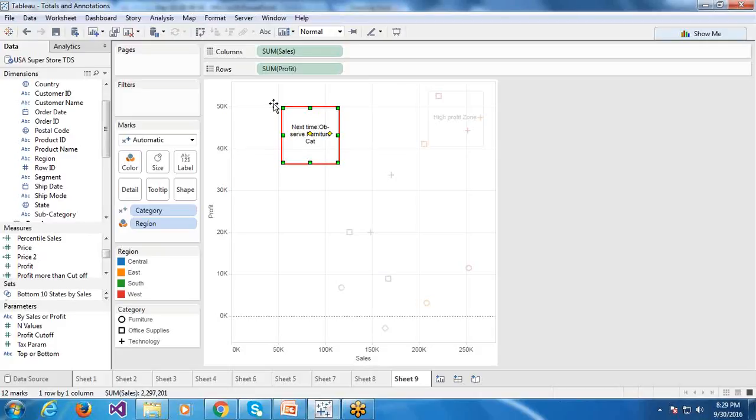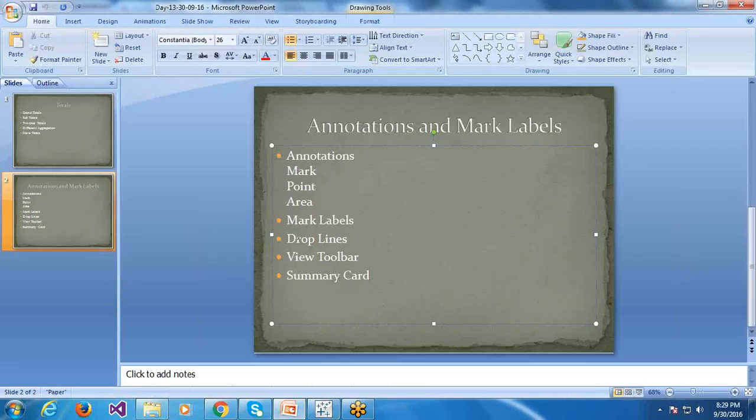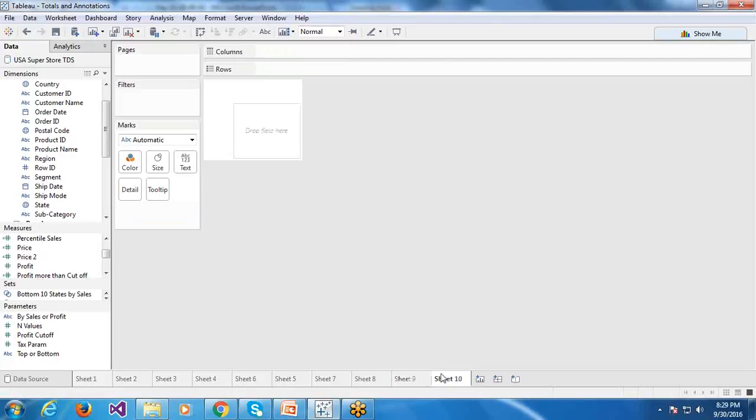You can simply use this one, and that will convey the message simply. So that's how we can use annotations. Those are three types of annotations: mark annotations, point annotation, and area annotation. Fine. So let us go through one more thing.